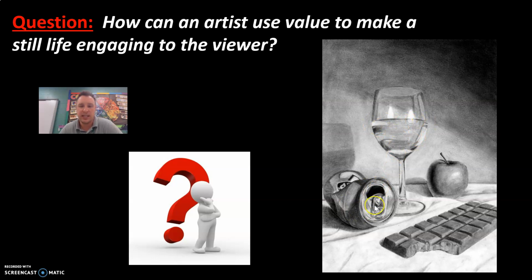This actually looks like a tin can I can pick up and throw in the recycling, or even a candy bar that I'd love to eat right now. But the value made all this possible. The artist paid very close attention to where the light was hitting it, which area of the value scale it landed on, and which tint or shade to add, and how much of it. So adding value makes the still life very engaging,